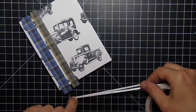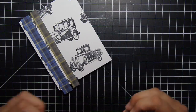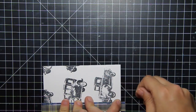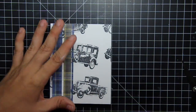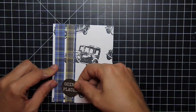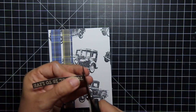And I think I almost got there. So it had that continuous flow despite it being 2 different pieces of paper. I didn't purposely leave them at 6 inches, knowing I'd go in and hand trim off the excess overlay, just because I think it was a much better effect. Again, I'm pulling out some sentiments from that 12x12 cardstock sticker sheet, and I think the 2 sentiments I